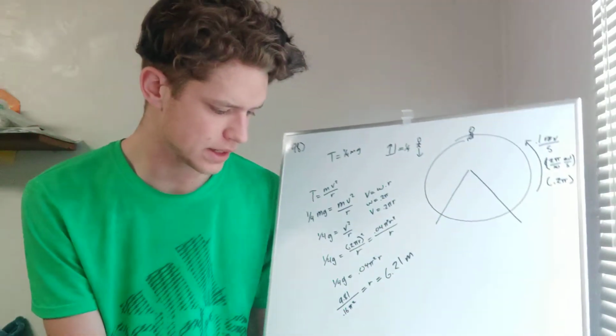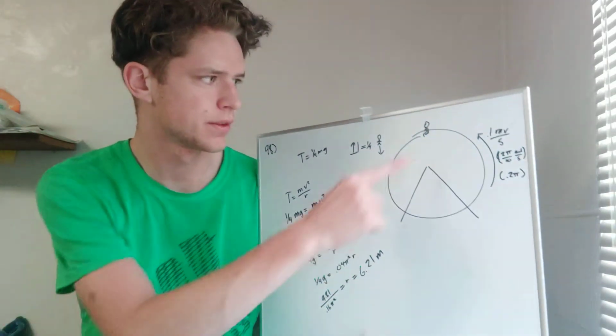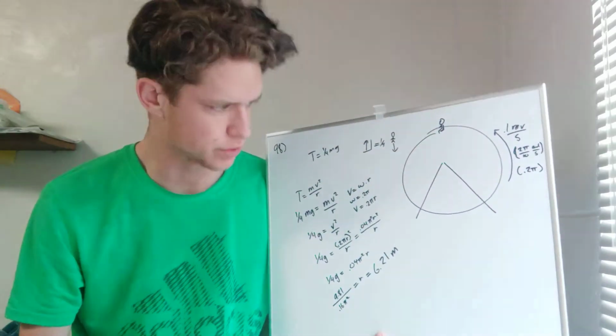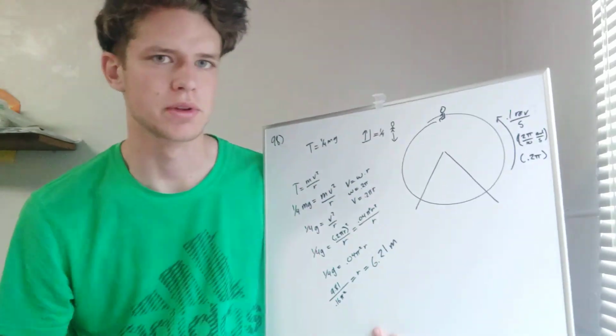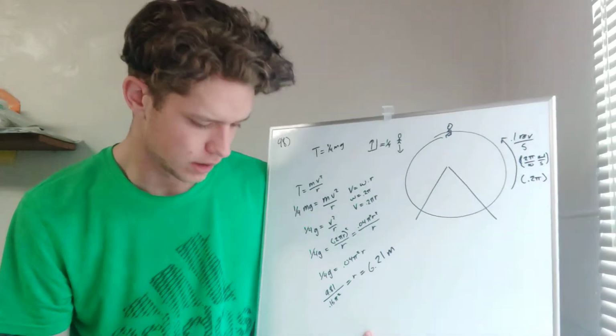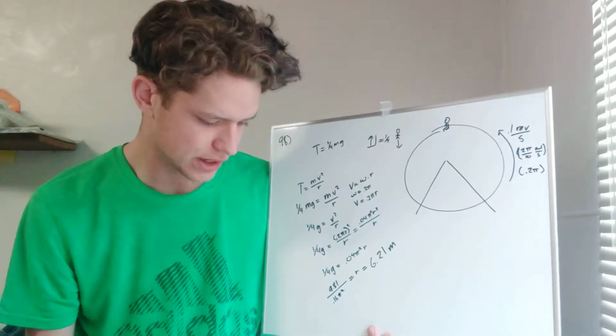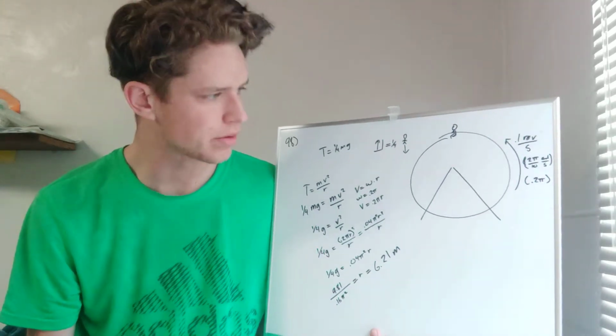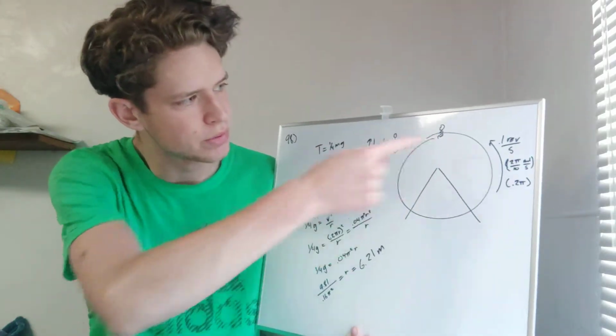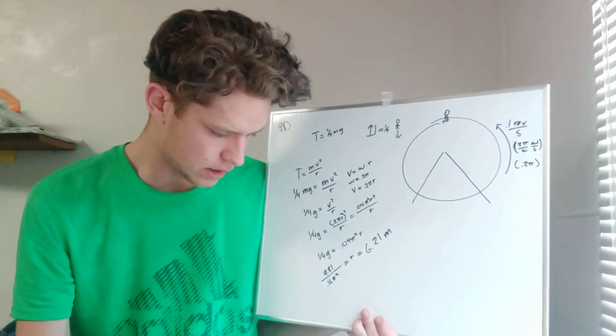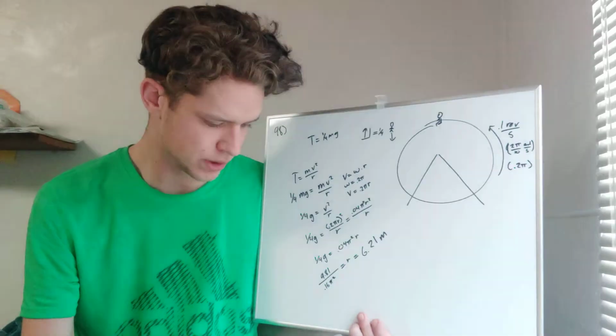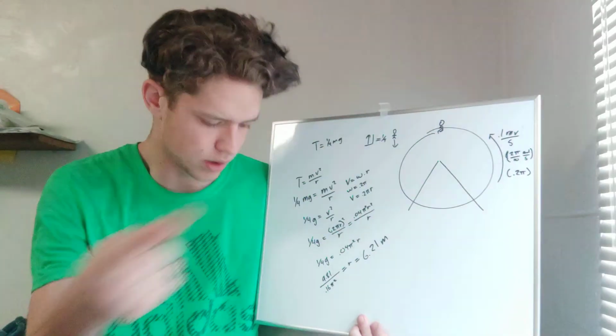Alright, so for problem 98, it says Jack, little dude up here, is on a Ferris wheel. That's the Ferris wheel. And it's rotating at a constant 0.1 revolutions per second. As he passes through the highest point of his circular path, which is up at the top,